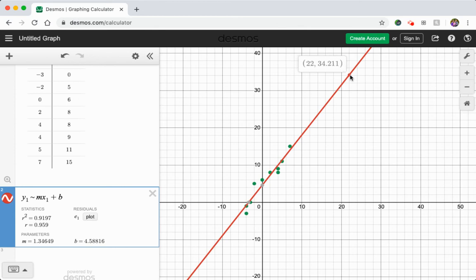It's 21. Oh, this one is lovely. 22 to the right on the X value, and then the Y value is 34.211, which doesn't mean a whole lot right now because we don't have information, but maybe this is miles per dollar or I don't know. Anyways, now what we want to do for your quiz today is we want you to focus